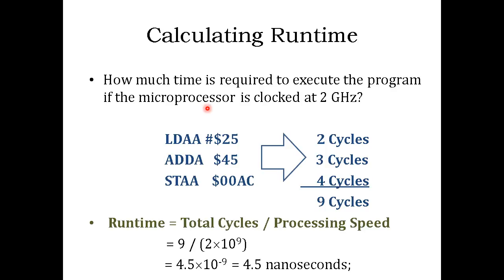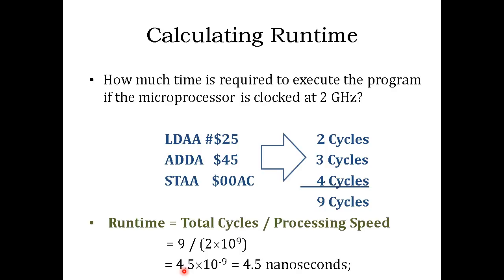It's very simple. All you need to know is a very small formula, which is total cycles divided by the processing speed. The total here is 9 cycles, right? And what is the processing speed? 2 giga, which means 2 times 10 to the 9, right? If you do that simple math, it will be 4.5 times 10 to the negative 9, which means 4.5 nanoseconds. Now, this is very specific. Just for this 2 gigahertz processor, you can tell these 3 lines will take only